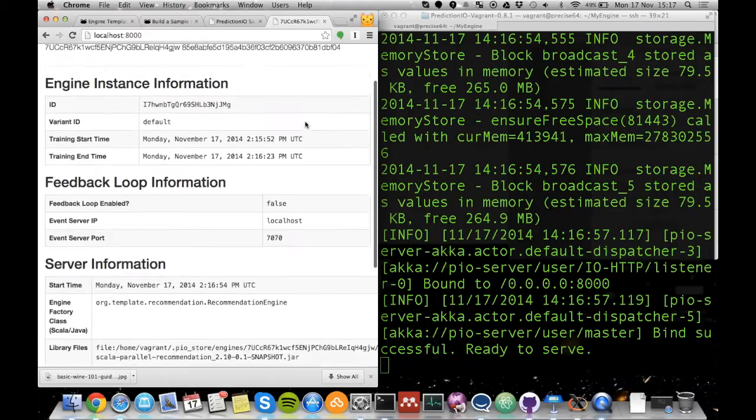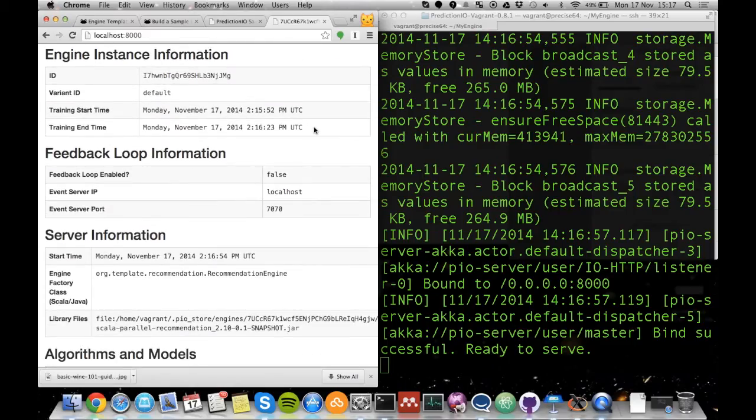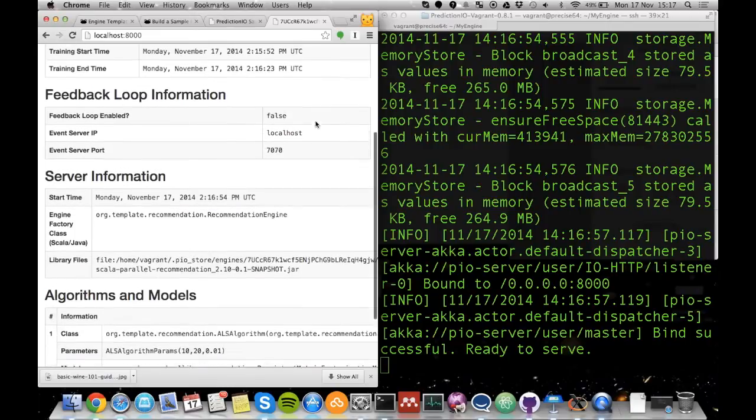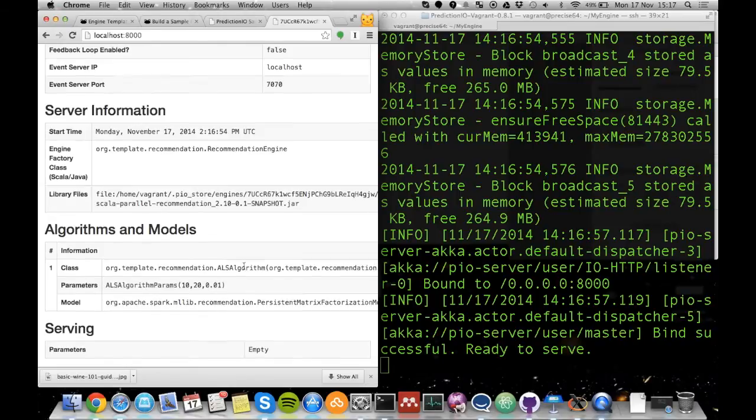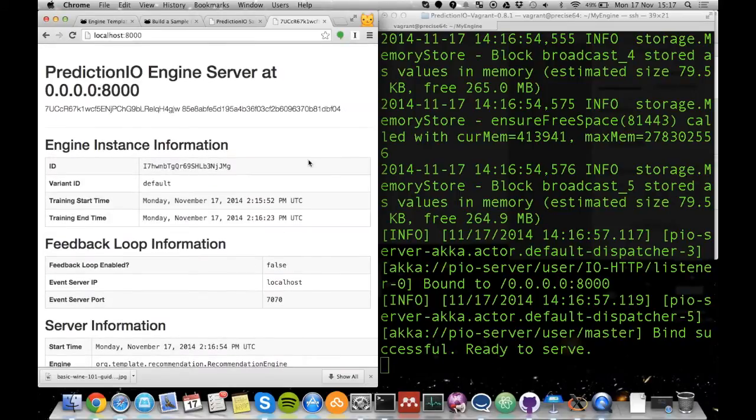Okay, and we get the message saying that it's ready to serve, so we should also be able to see on port 8000. So now we've got a live deployed engine. It gives us some very basic information about when the training started and ended, about the model that we've trained, and about the parameters, that we obviously just use the default parameters at the moment.